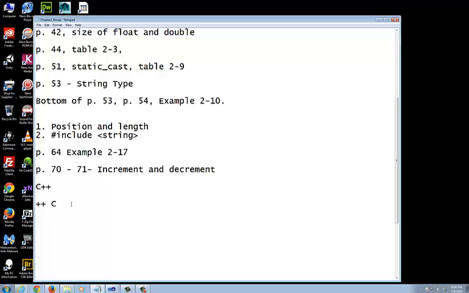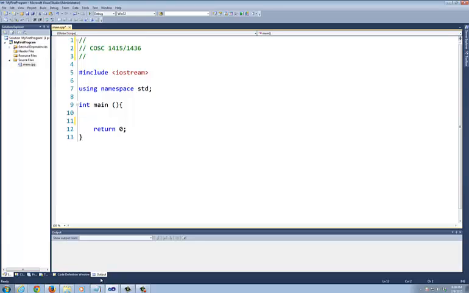When you look at both of these, here's what I would like for you to do. In this program, I already set up this project for you, so if you can, just follow along with me. Inside of this program, just put in your basic skeleton, which is what I have, and I'm going to demonstrate